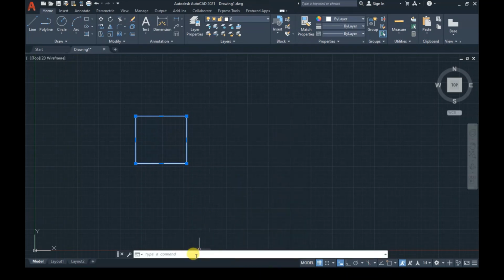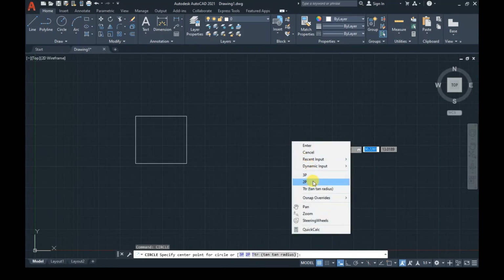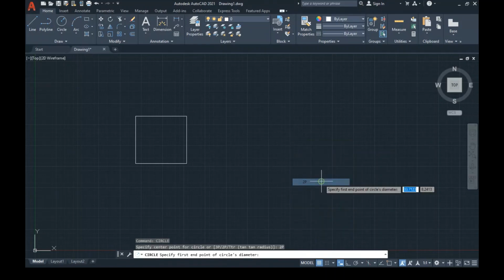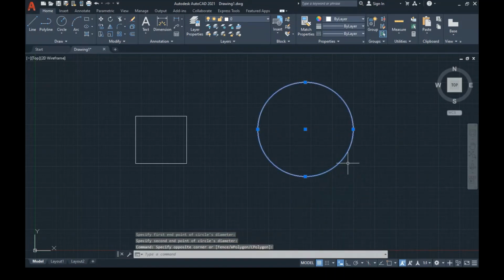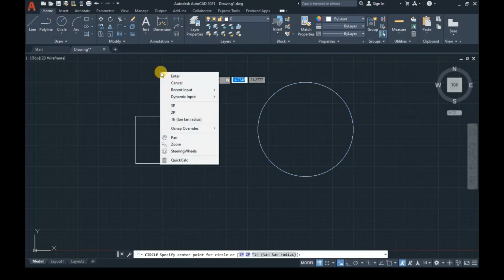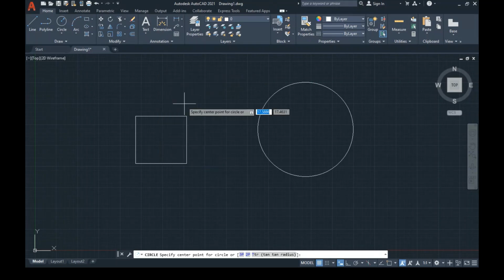Suppose I write a command over here, CIRCLE. Then the options are like this. Now if I right click on this, I get these options available. So I can select from here like this also, the 3P. So now 1, 2, like this. What I want to say is, whenever you start the circle command and you right click, you have options based on that command. Because a command is in progress, you can look into what shortcut menus are available for that command. So the shortcut menu changes based on the scenarios.